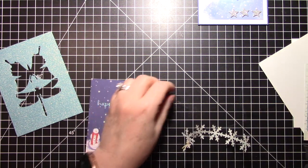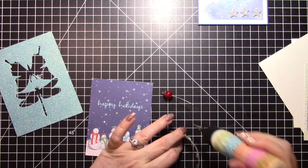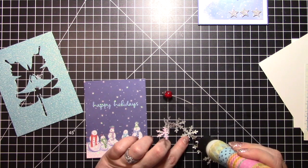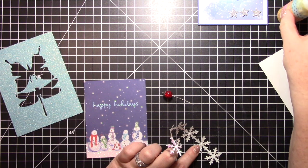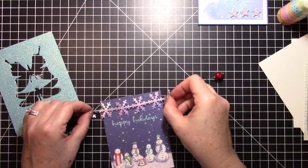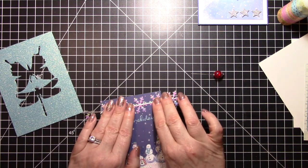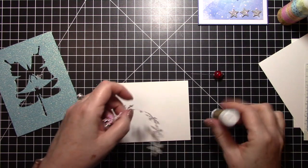So I'm going to use my Elmer's glue, and I'm just going to put a couple dots on the snowflakes that will be on the front. It's easier said than done. This isn't so easy. And I'm just putting a dot in the center of the snowflake. And then I'm going to line them up as best I can and set them down. They don't want to stay. So since the wet glue wasn't holding them good enough,